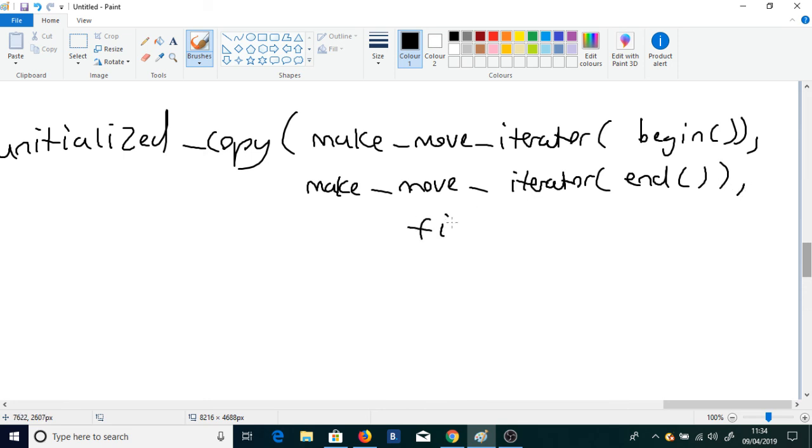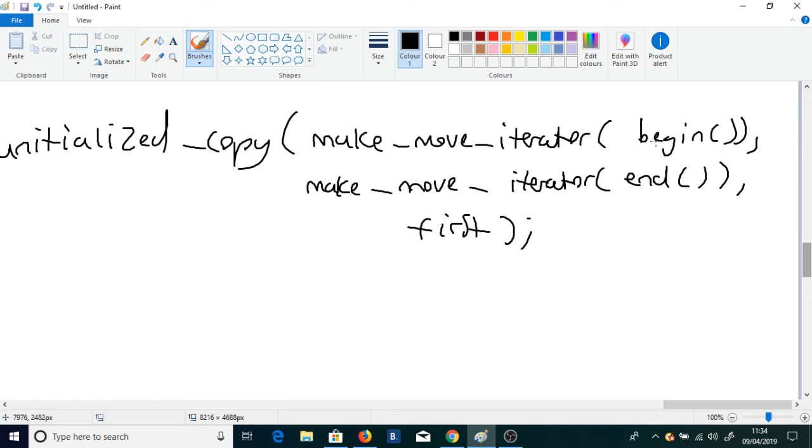And then we pass first. Essentially, we're obtaining an iterator denoting the first and one past the last elements in the